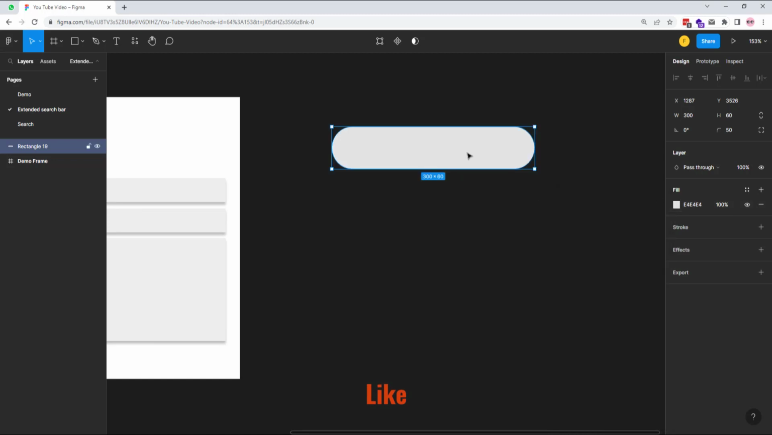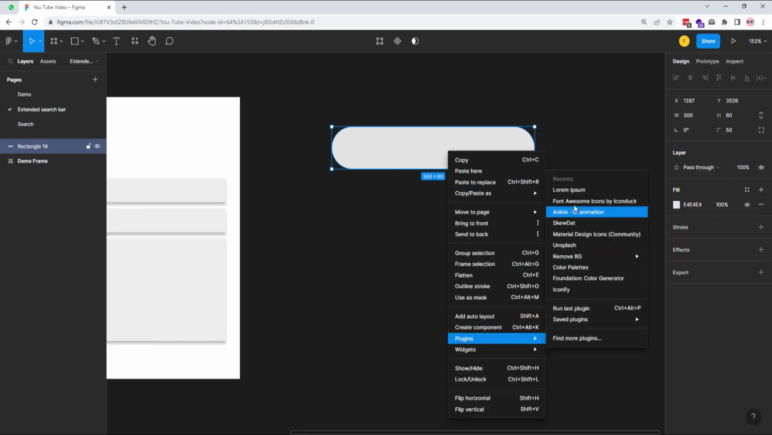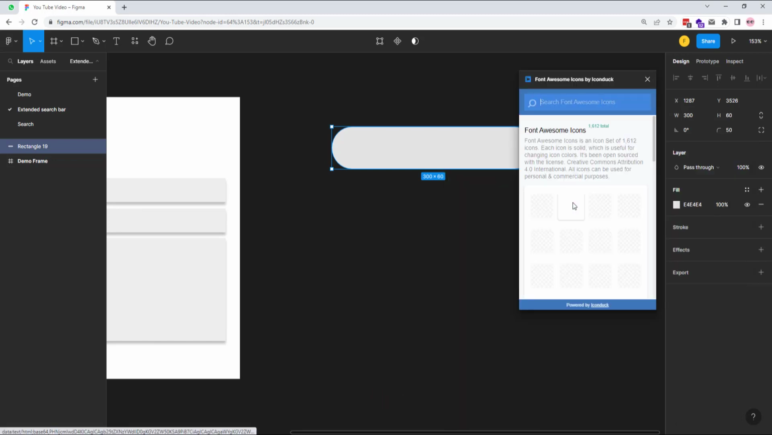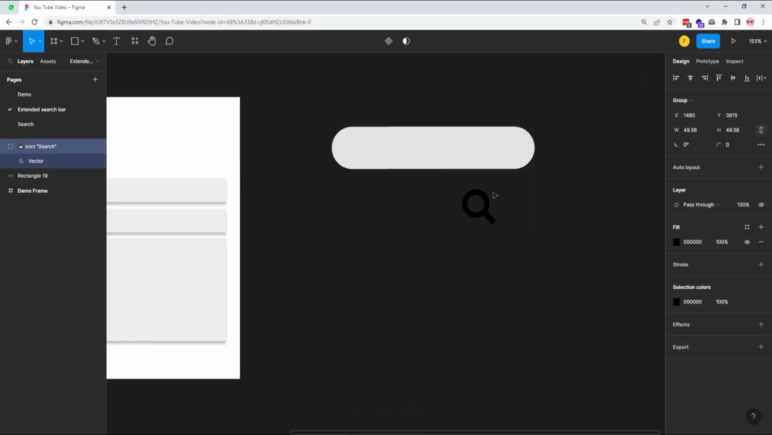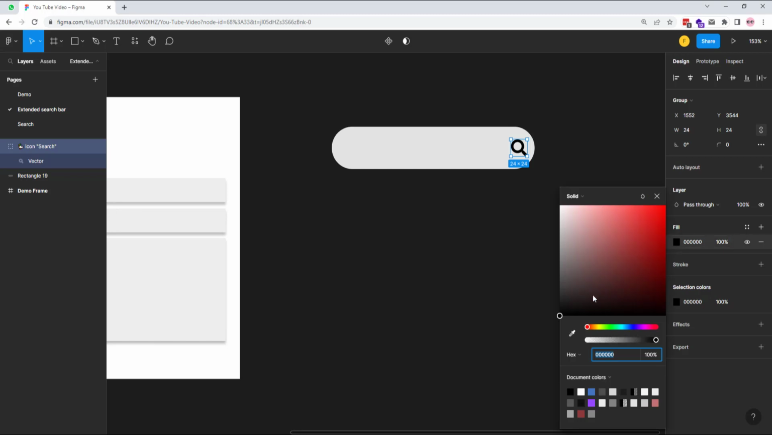I am going to use a search icon, so let's open the plugin, Font Awesome. I am going to get this icon, close the plugin. Let's place this. I want its width 24 pixel. Let's place this icon. Let's change its color,